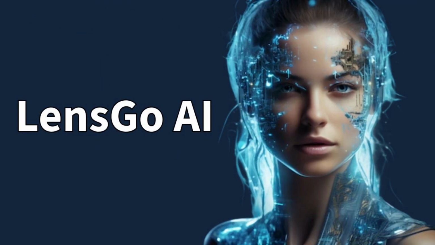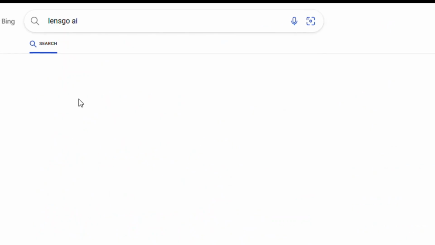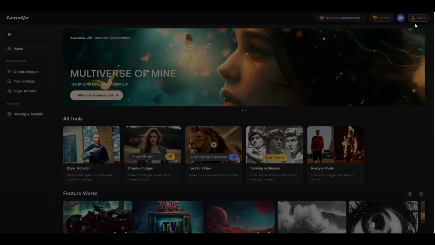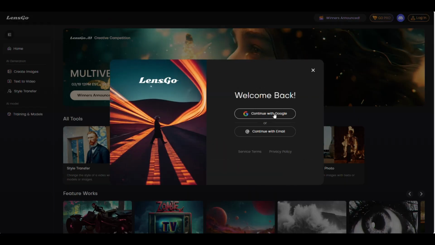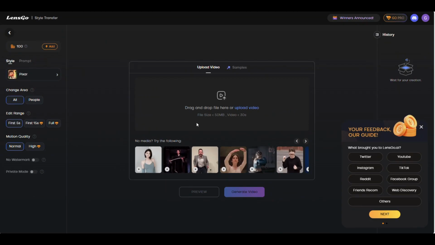Let's start. First one is Lensgo AI. Go to Google, type Lensgo AI, click on the website, login with the existing Google account, style transfer, upload the video whatever you want to convert. In this tool we will get 100 credits for free,